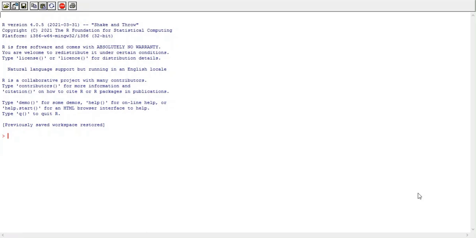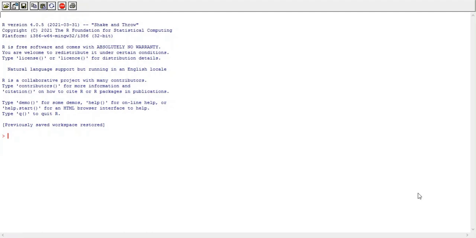And in long data format, the data frame consists of multiple rows for a single entity, and all the details of that entity are divided into a number of rows. So in wide data format, we have a single row for one entity, whereas in long data format, we can have more than one row for a single entity. Okay, so that is long and wide data format.